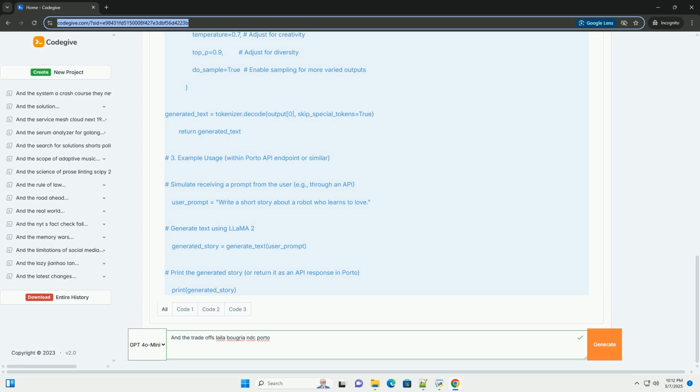1. Model loading. Porto needs to be able to load the Llama 2 model weights. This could involve loading the model from a local file, for example a .pth file for PyTorch or a checkpoint directory for JAX. Downloading the model from a remote storage location, for example a cloud storage bucket or the Hugging Face hub. 2. Inference engine. Porto needs an inference engine that can execute the Llama 2 model. This could be